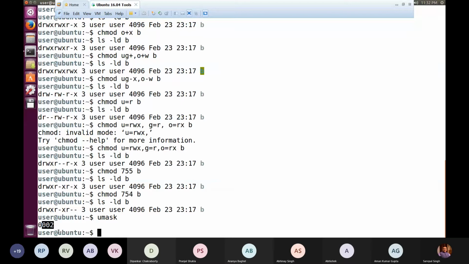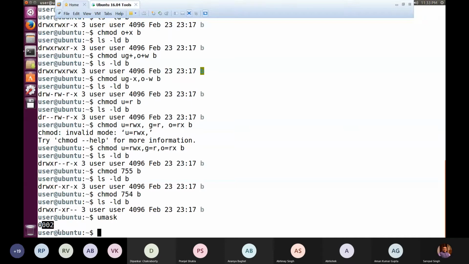6 we are getting only with the combination of 4 and 2. That means by default, for any regular file, we have reading and writing permission, but no X permission. And when we say 664, that means reading and writing for the user, reading and writing for group members, and only reading rights for others. More about that we'll discuss later on. But whatever method suits you, accordingly you can choose either the symbolic representation or the numeric representation.